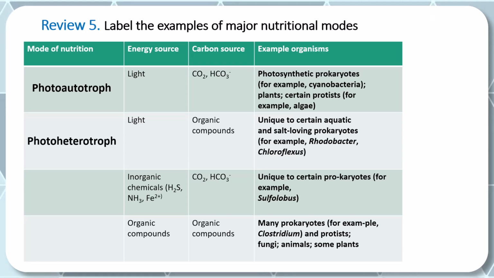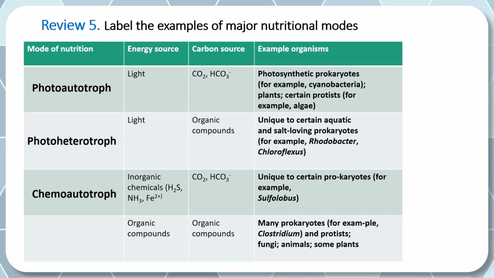Our next one, the energy source is chemicals and the carbon source is carbon dioxide. So the root word for when their energy source is chemicals is going to be chemo. So this is a chemoautotroph. Like those organisms at the base of the food chain at the hydrothermal vents in the oceans would be